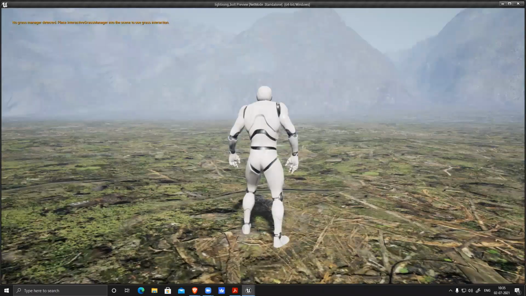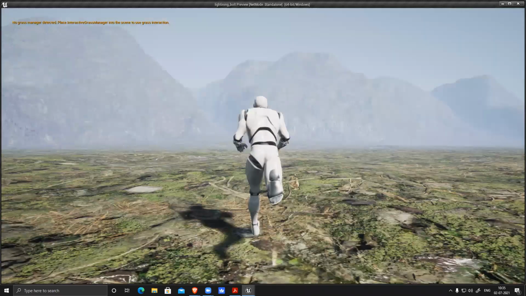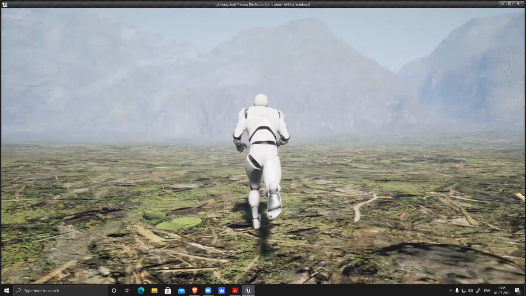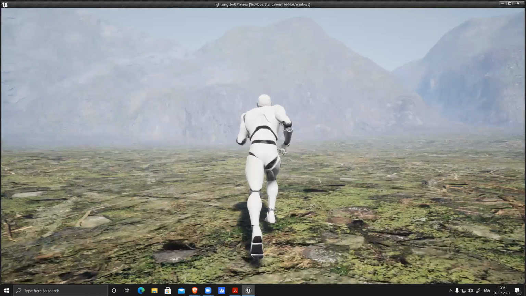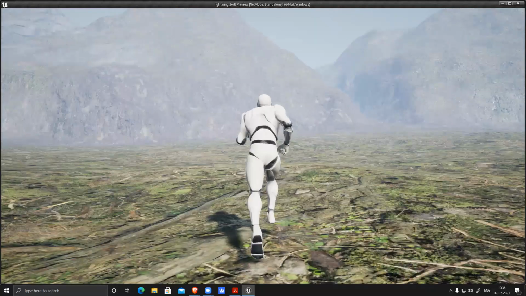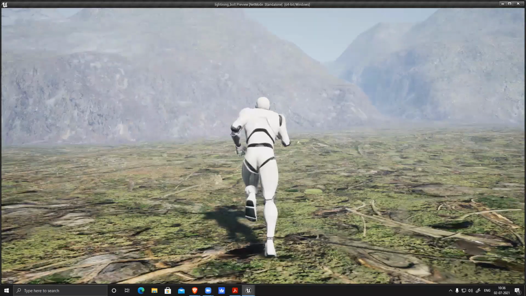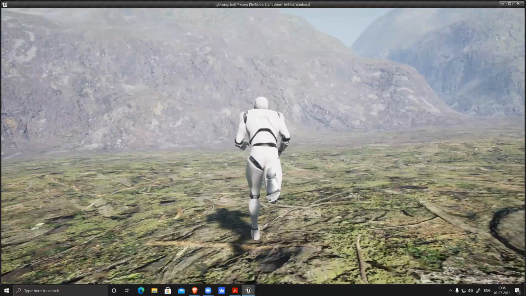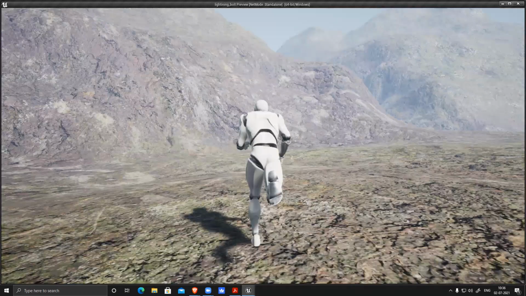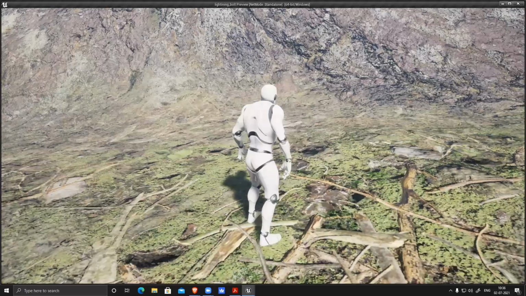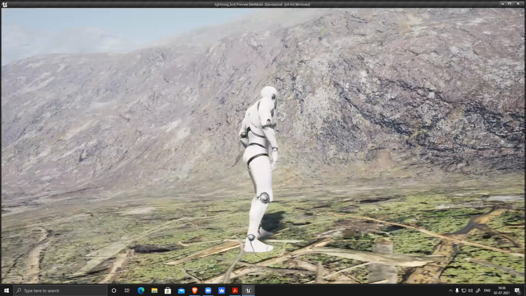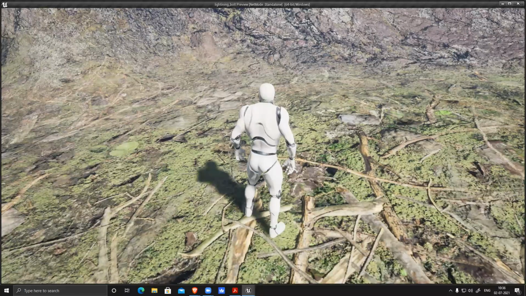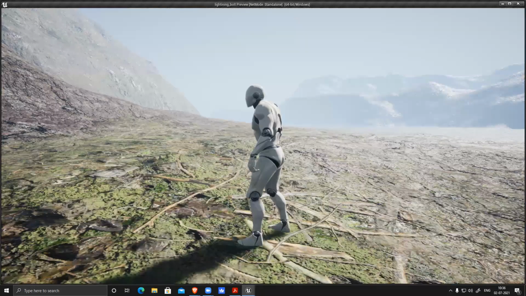Now you can see it's too much fog, that I have to control. And you can see it's a huge landscape. It's not a small landscape. And you can see everything blends nicely. Everything blends pretty nicely. Now, but everything looks kind of flat, right?